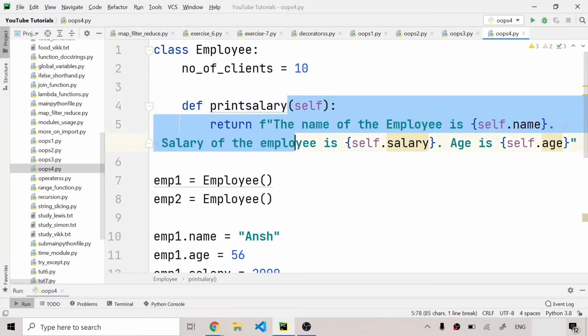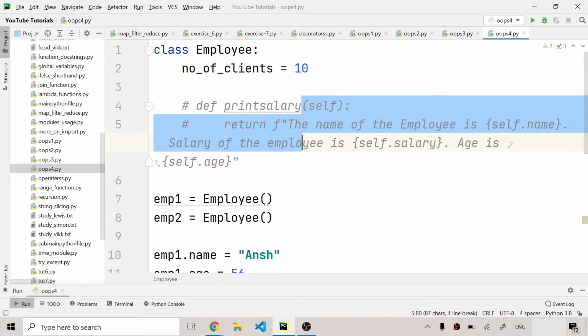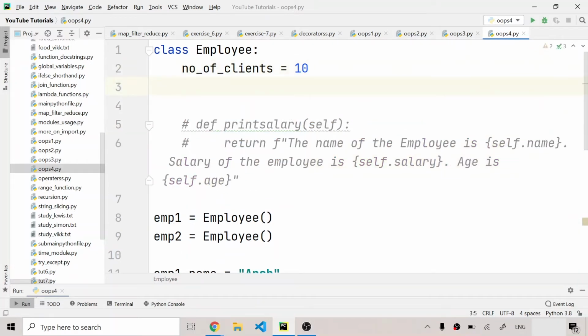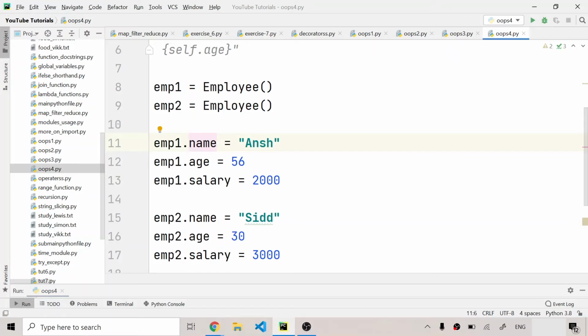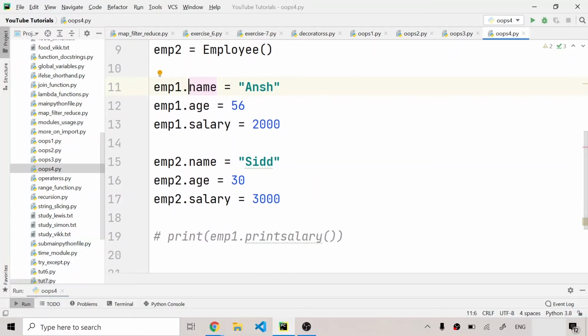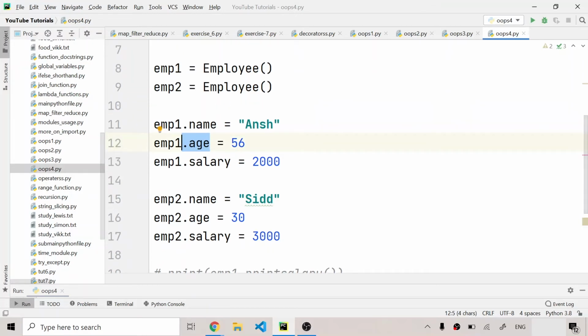And now I'm going to tell you about a constructor. Now guys, what is a constructor in a class? Earlier I told you why we use these brackets inside a class. Now we are going to make use of these brackets, and we are going to write something in it. As you can see, I had declared so many instance variables for this class. I had written emp.name is equal to Ansh, then emp.name is equal to Sid, and I had to repeat my code. I have written .name twice, then .age and .salary twice, and this is a repetition of code.